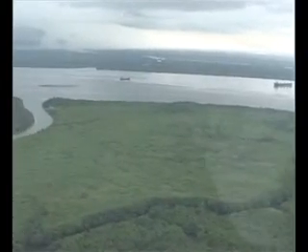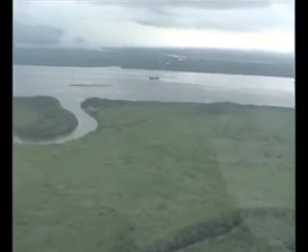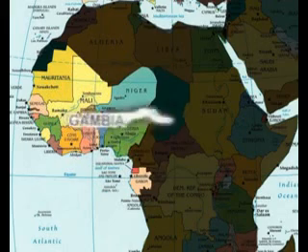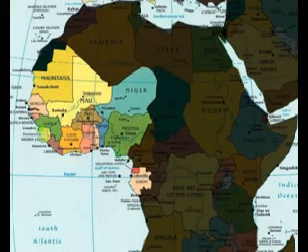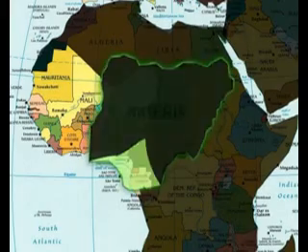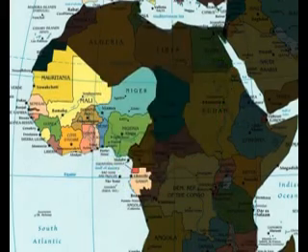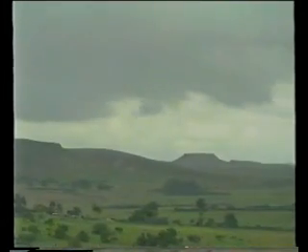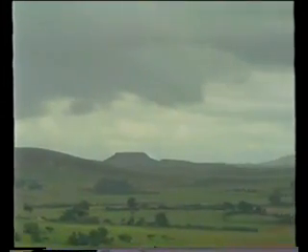Some countries located in the coastal zone are Senegal, Gambia, Guinea, Sierra Leone, Cote d'Ivoire, and parts of Nigeria. The languages spoken here are classified under the Kwa group of languages. The Sudan zone is characterized by